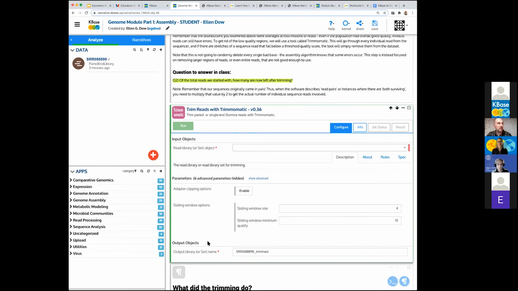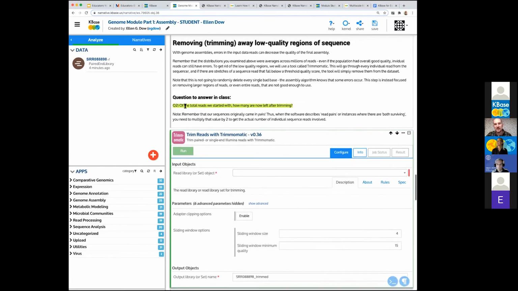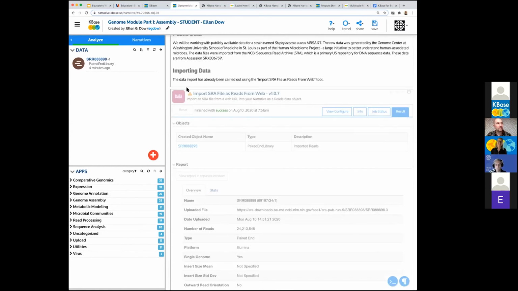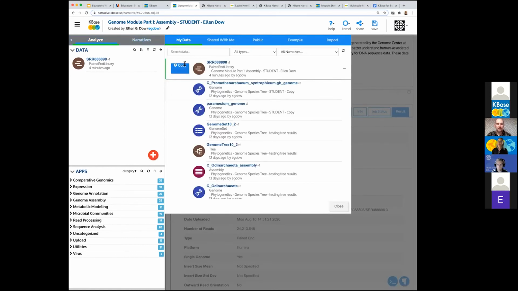Ellen, there was also a question about uploading the data. Could we just quickly show them the different ways that data can be brought in? Yeah, for sure. Thank you for looking at that, Aaron. So here we have our data panel. Right now I have one thing in here. If I click this big red plus button,